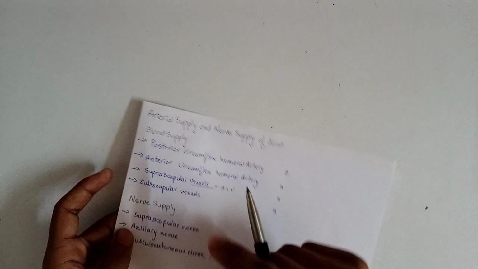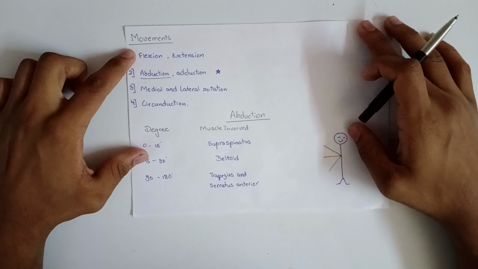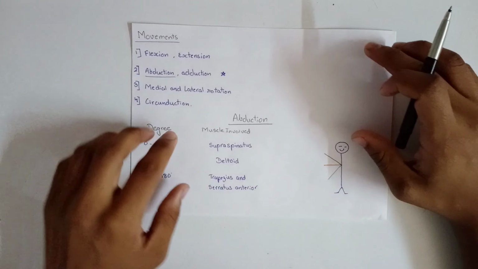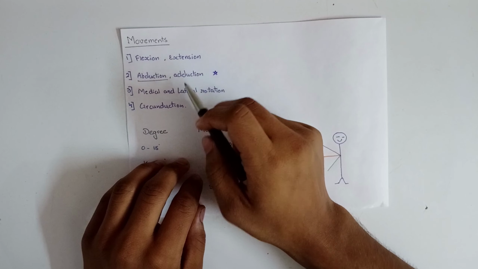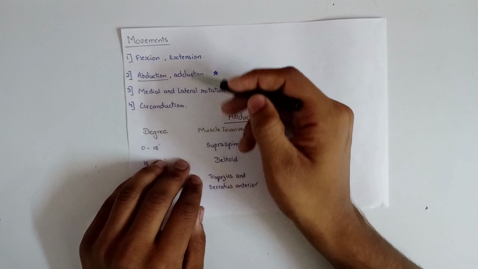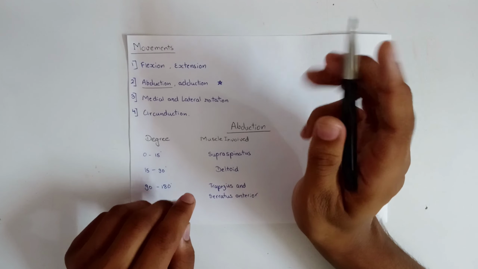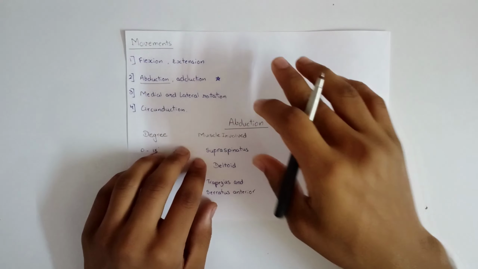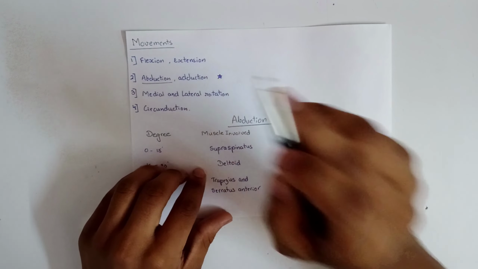Done with the topic blood supply and nerve supply of joint, we have the next topic as movements of the shoulder joint. Movements is also a crucial topic from exam point of view. So there are mainly these movements which I have written here of shoulder joint. Shoulder joint, as I have told you earlier, is the most flexible joint and yet the most unsafe type of joint. So what are the movements? Flexion, extension,